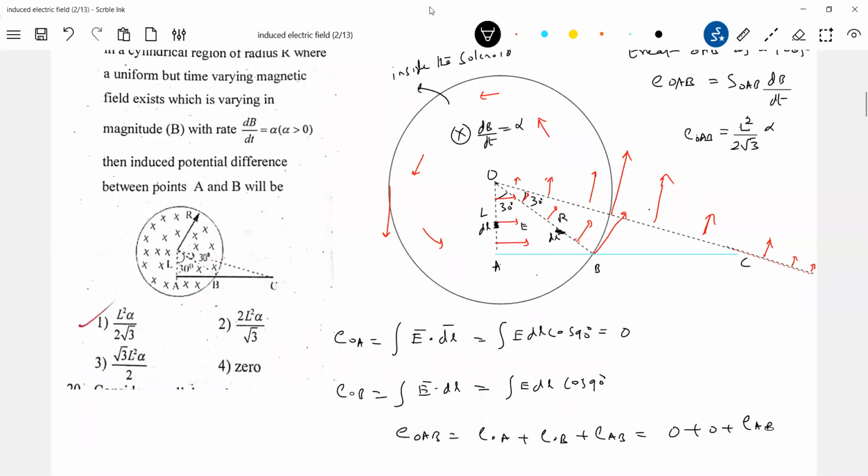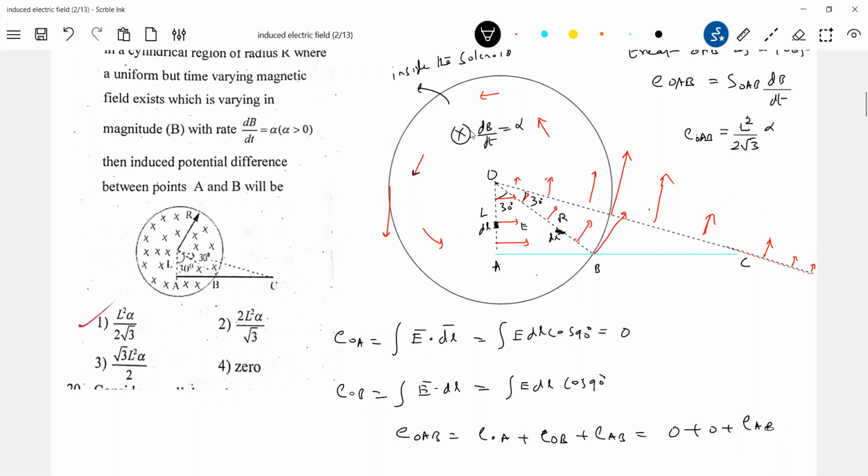The electric field should be perpendicular to the radius, along the tangent drawn to the circle, no? Because how will the induced current flow, if some conducting wire is there? How will the induced current flow along the circumference of that ring? Then who will make it move? The induced electric field only. So therefore you have to draw a circle, draw a tangent. This is very important. Without this background, you will be in big trouble.